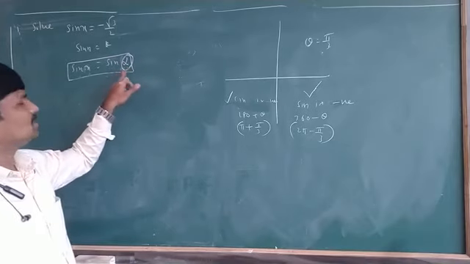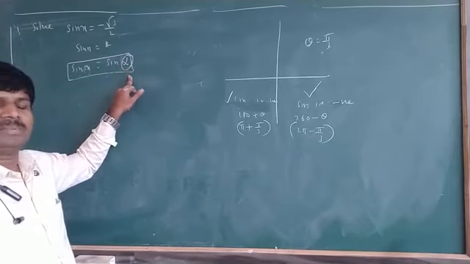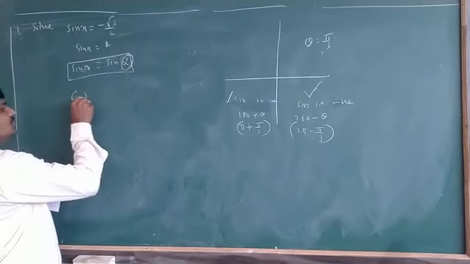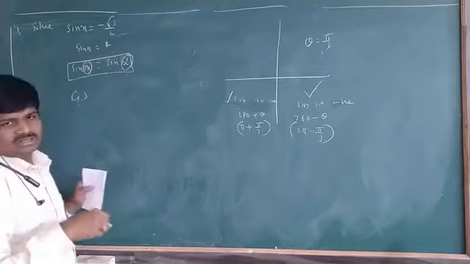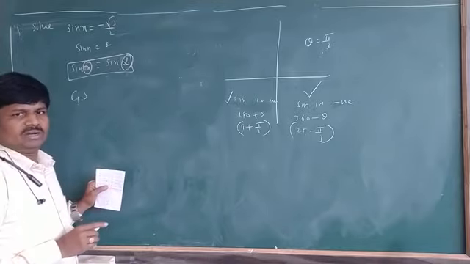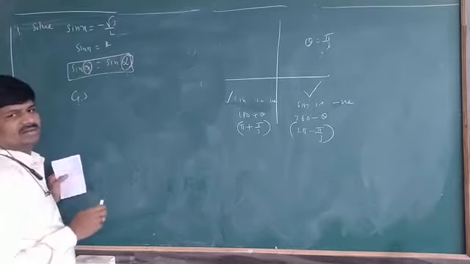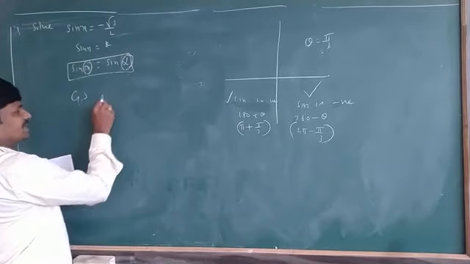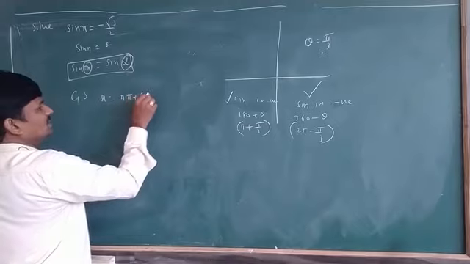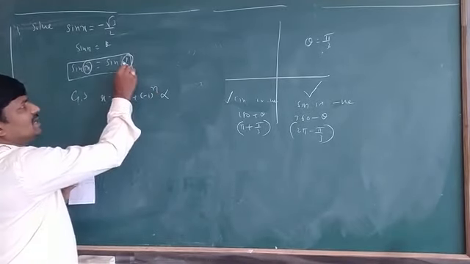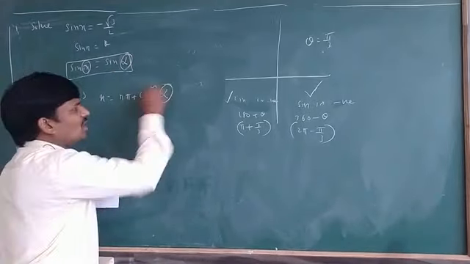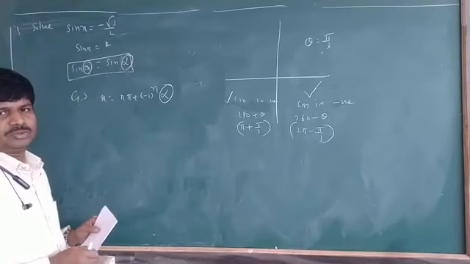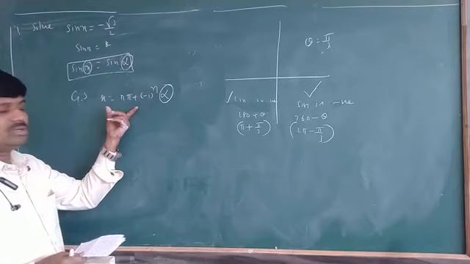Whenever you get the principal solution here, you can write the general solution. General solution means x value only; principal solution is also an x value. Principal solution: x is equal to alpha. Next, general solution: x is equal to n pi plus minus 1 whole power n into alpha. Whatever alpha you get, you have to substitute that alpha here. So that is the general solution.